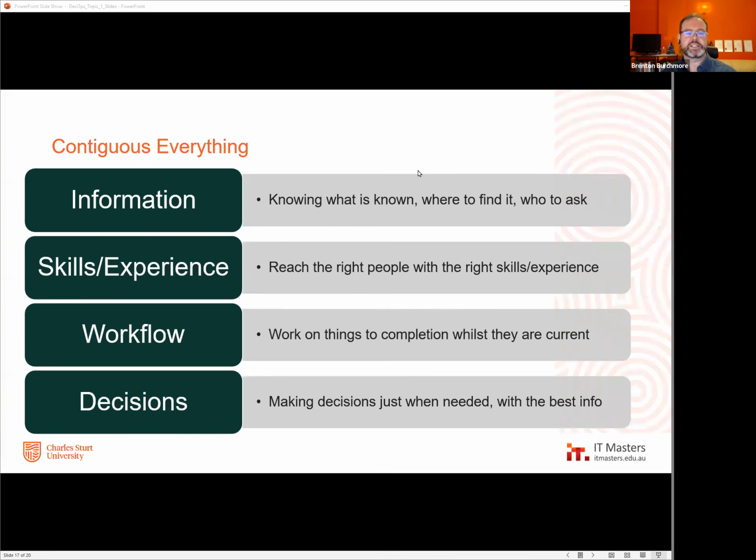So that the decisions that get made are made just when you need to make them, with the best information to influence those decisions. And because you're making the decision only when you need to, you have the latest and best and updated information. So you're not having to make contingency plans as much. You're not having to pad decisions. You're not having to be as protective, as careful, because you're not having to build in for possible uncertainties, no more than you absolutely need to.